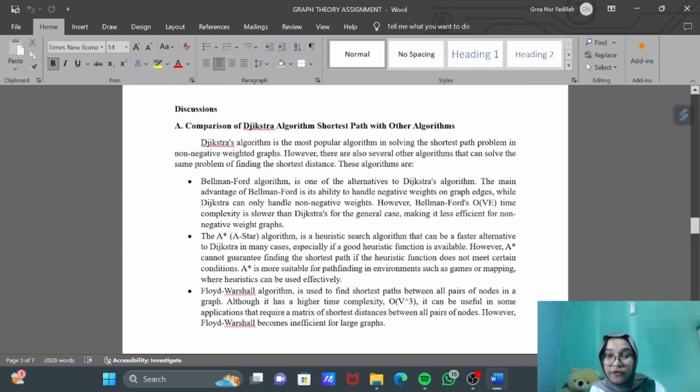First is Bellman-Ford algorithm. It is one of the alternatives to Dijkstra's algorithm. The main advantage of Bellman-Ford is its ability to handle negative weights on graph edges, while Dijkstra can only handle non-negative weights. However, Bellman-Ford's time complexity is higher than Dijkstra for the general case, making it less efficient for non-negative